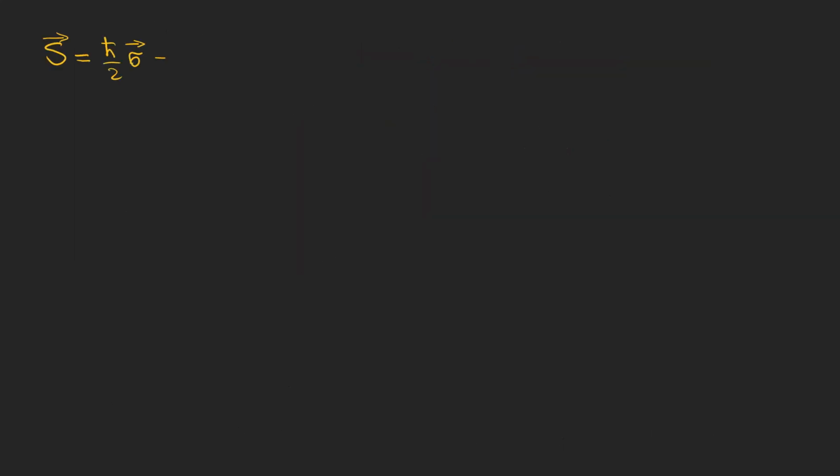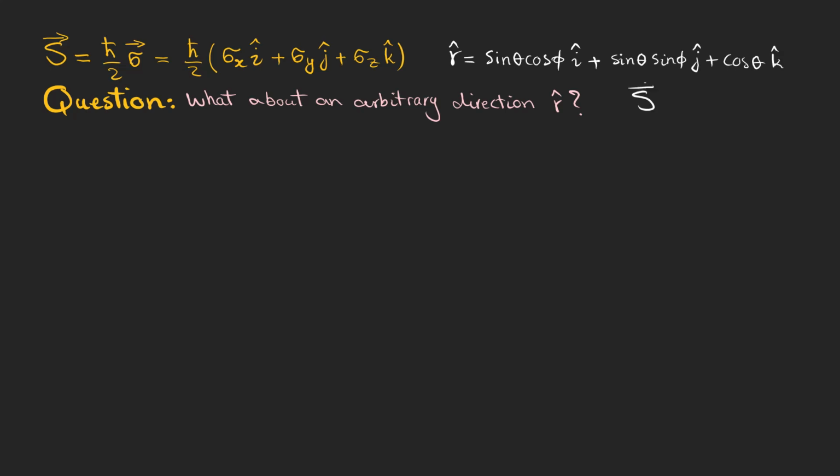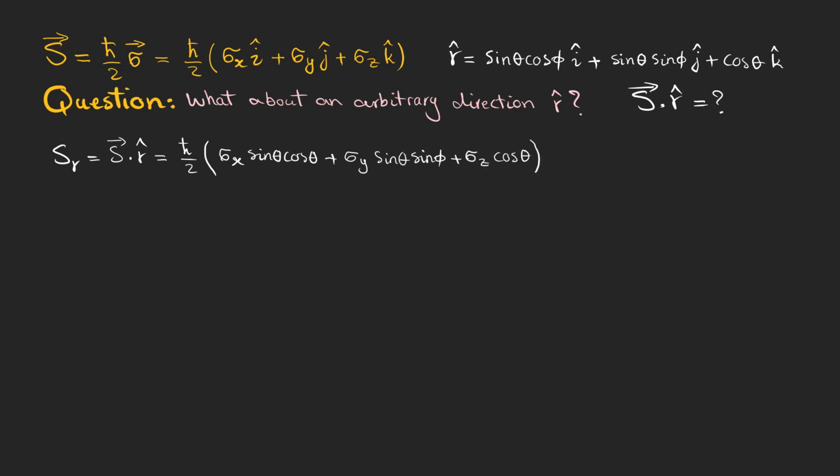So far, we have just talked about the spin angular momentum in 3 directions along the x, y, and z axes. The question you might ask is how we can find the component of spin along an arbitrary direction r hat. This is the unit vector in spherical coordinates along this arbitrary direction. The dot product of these two vectors gives the component we are looking for. Let's call this component SR, which is a matrix, and we want to find it.